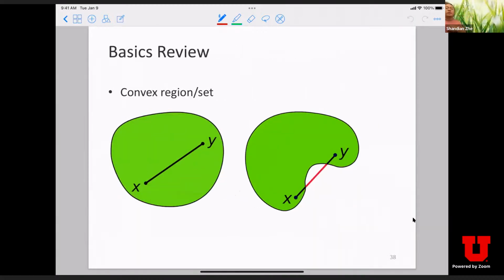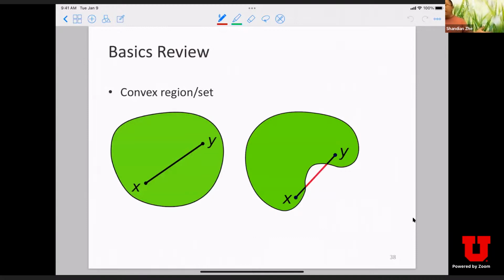Okay, next we're going to introduce the definition of a convex function. This is also very important for probabilistic learning, because one of the key techniques in probabilistic learning is called variational inference. It essentially builds upon the property of convex functions called Jensen's inequality and also convex duality, right?